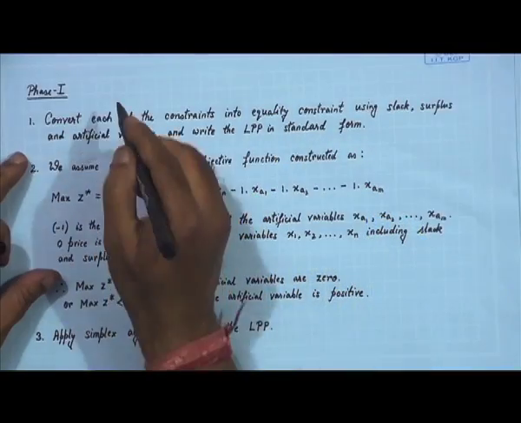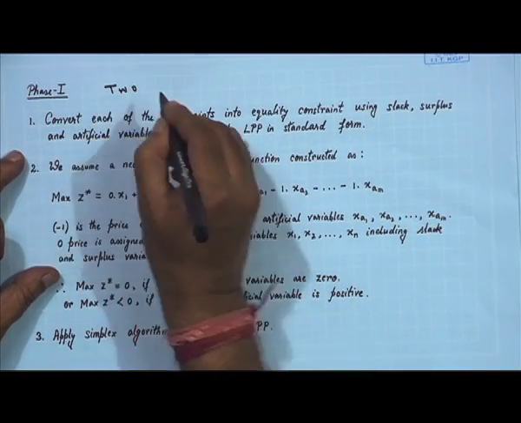Then we run the first phase of the two-phase method using the normal simplex approach, whatever we learned earlier. Then once Zj minus Cj is greater than or equal to 0 and it satisfies some other criteria, we go to phase 2 for the optimal solution from the initial basic feasible solution we derived from phase 1. Now, let us see what the phase 1 and phase 2 of the system are. So, we are now trying to do the two-phase method.